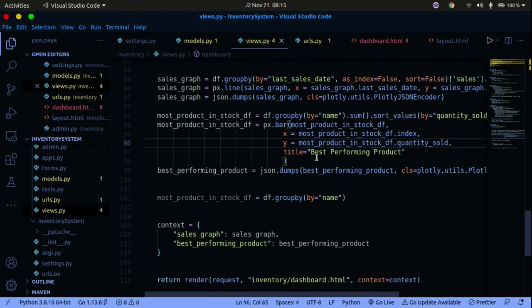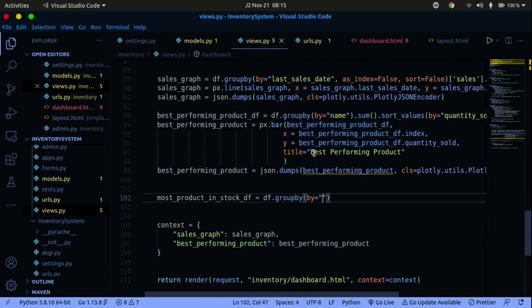I made a bit of error there, I typed in the wrong thing. I was looking on my other screen. So let me just change this a bit. No, it's actually fine. I didn't actually make an error. I think I'm just confusing myself. It's fine right there. So for the most product in stock, you're going to group by the name